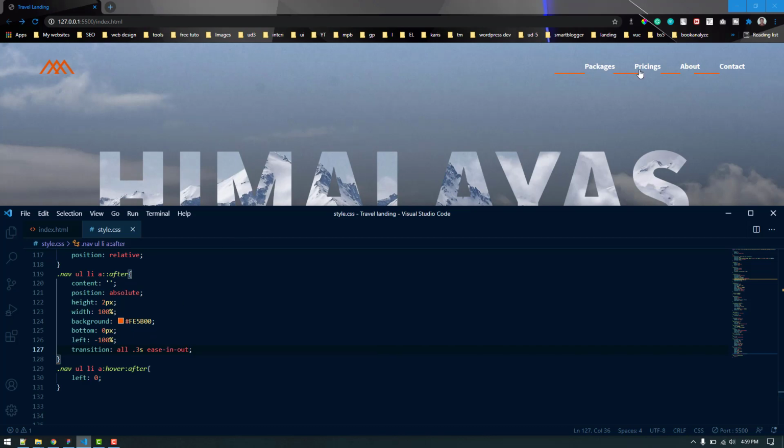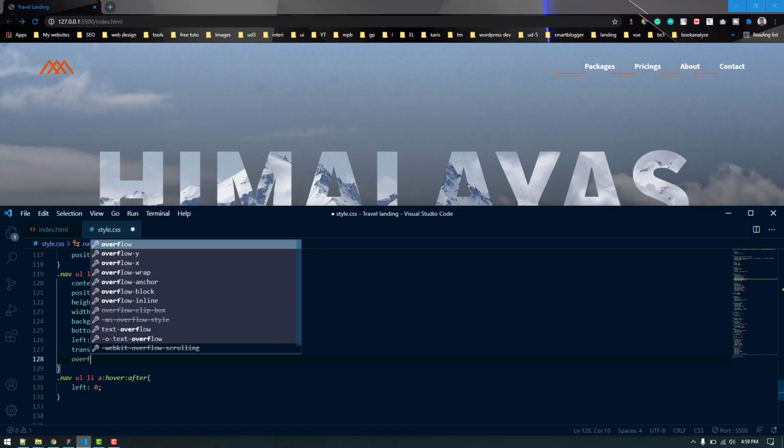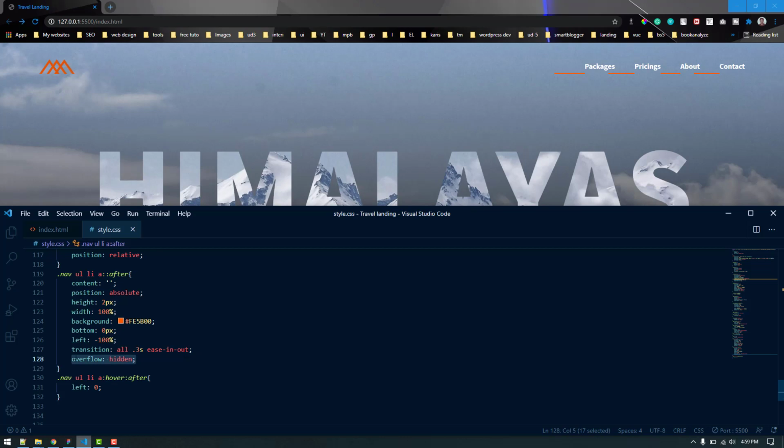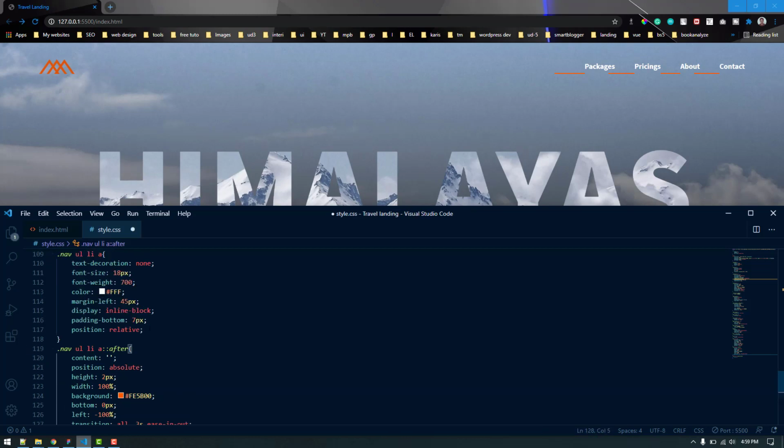Now it got this slide effect with some nice transition, but we don't want to display it here, it looks ugly. So we can make the overflow hidden, not with this one, not with the pseudo element, but with the parent element. Now it should be gone and it looks fine. Also, if we want, we can change the color of the text when hover.